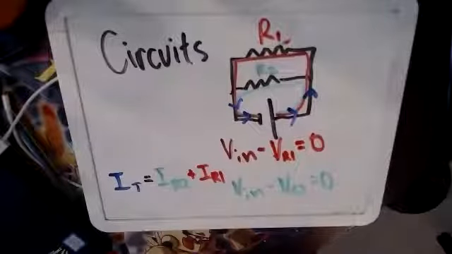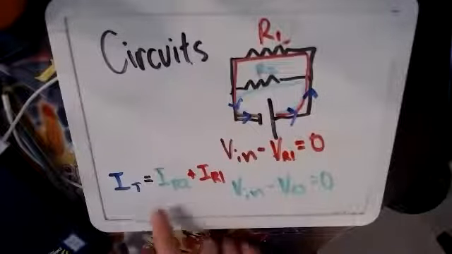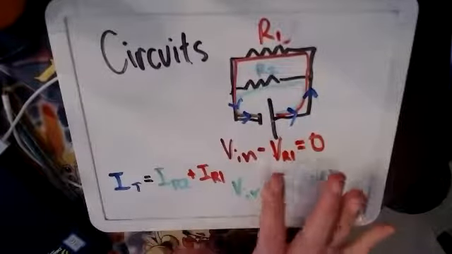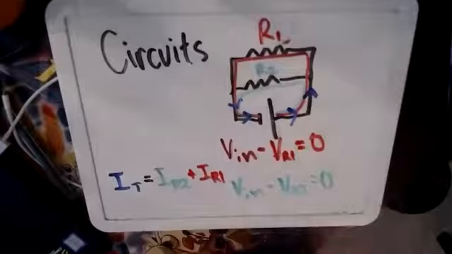But a couple of things we want to take away from here is that the current is an additive statement, but the voltage is the same in both, in this case, branches. So